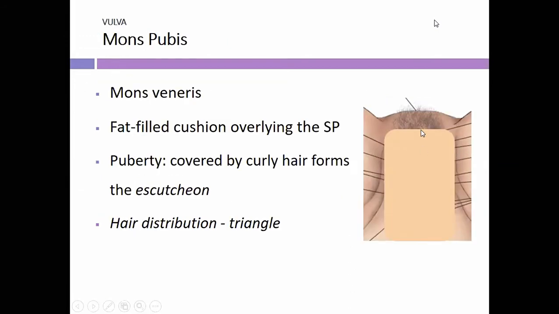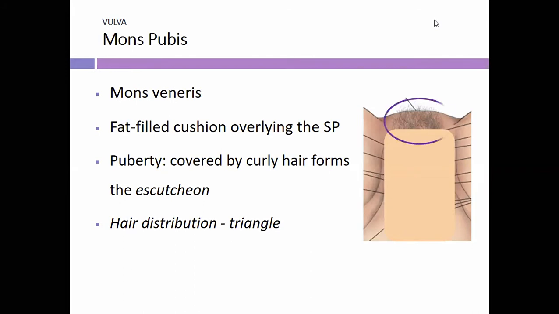Now, first structure we can see is the mons veneris. Now, this is fat-filled, overlying the symphysis pubis. During puberty, this is covered by hair, which becomes curly, and which, according to Tanner staging, becomes coarse and more curly. Now, the hair distribution, you should always take note that for female, it is triangular, while in the male, it is in a diamond shape, which can even extend up to the umbilical area. You have to consider the pattern of the hair in a female, because if this is of different shape, you will now be thinking of